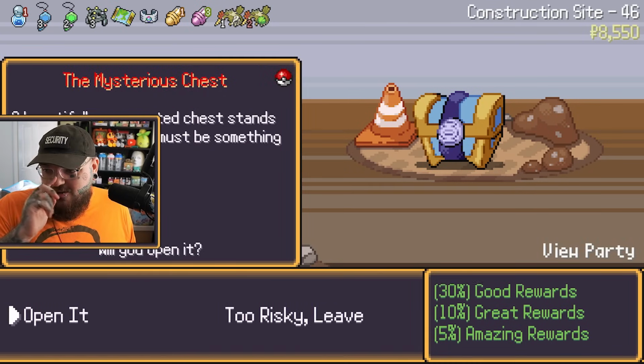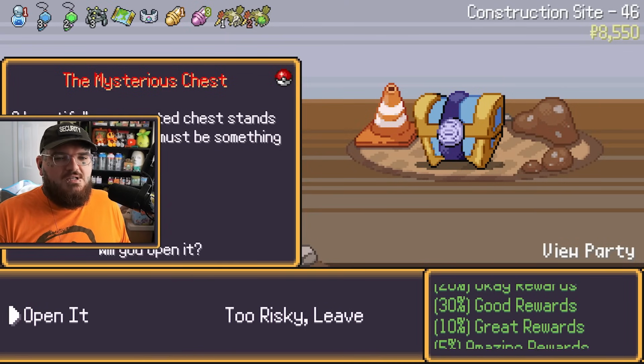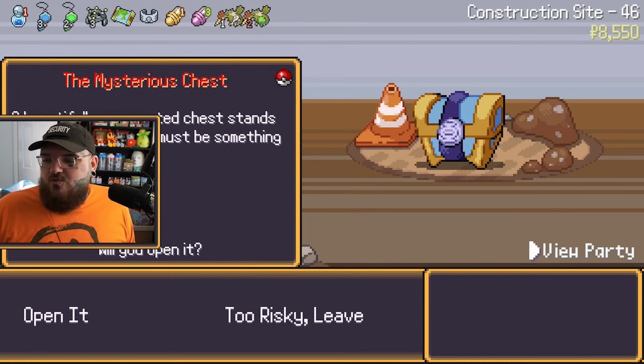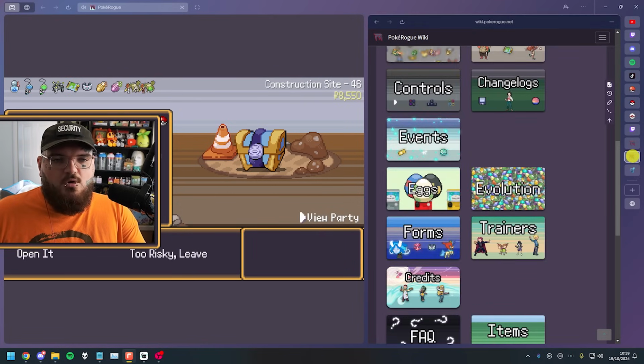Tells you the odds down in the bottom right of getting a decent item. The Something Terrible is basically the Gimme Gold will one-shot your Pokemon. I don't have the opportunity to go over all the mystery encounters because I would have to do several runs and try and get really lucky. So if you do want to know about the mystery encounters, like I said, there is the PokeRogue Wiki and